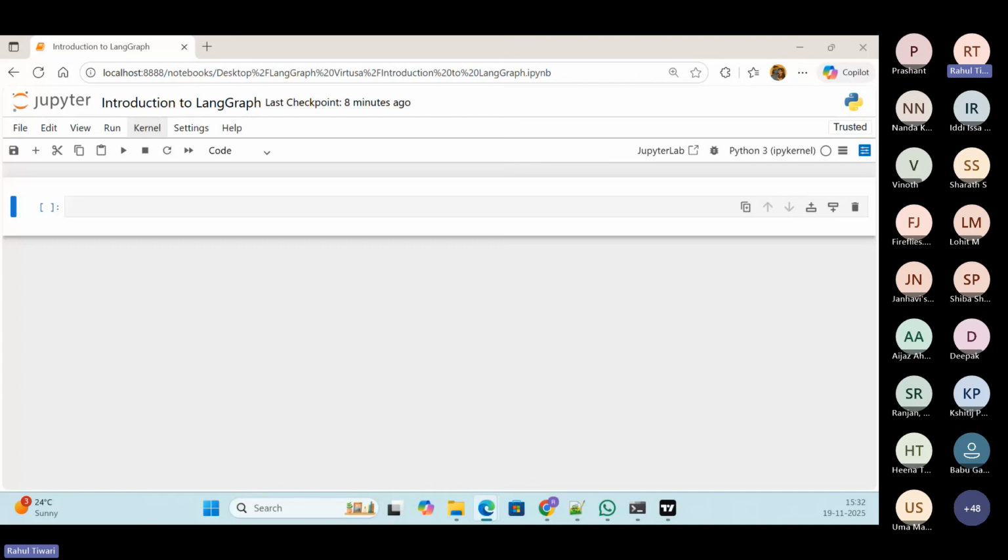So today we'll try to understand first of all how we can create normal coding in LangGraph. I'll take one example without using an LLM and one example with using an LLM. And then at the end, I'll be showing you one